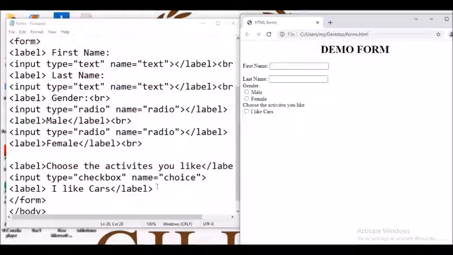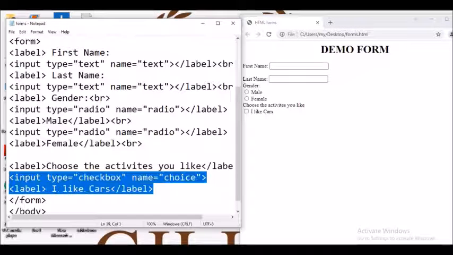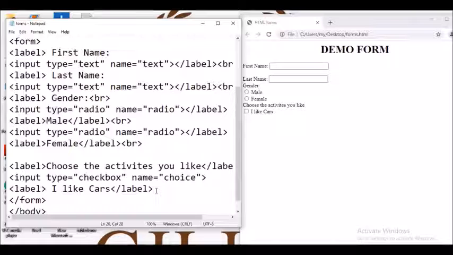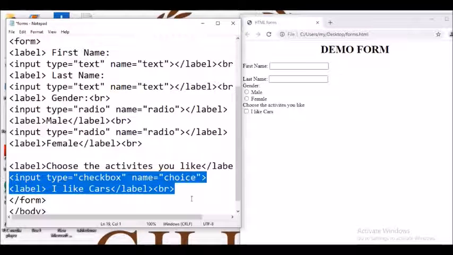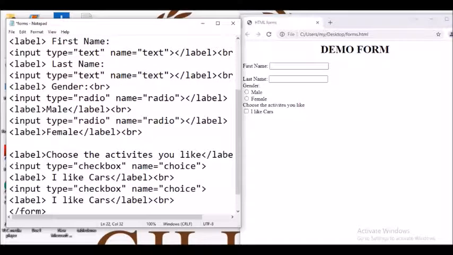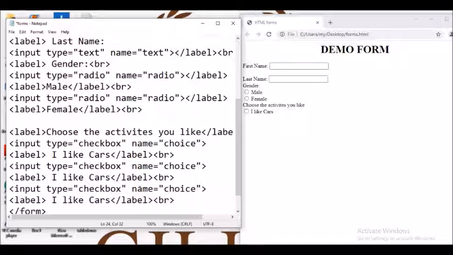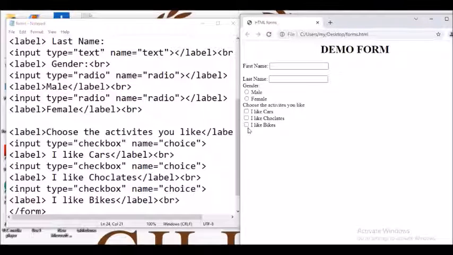So we are going to just copy and paste these two things. Let's put a BR here and then I can copy this. Copying it two times and quickly I'll be changing a few words. Like I say chocolates, I like bikes. So just to give you a quick overview, see, this is how it comes.